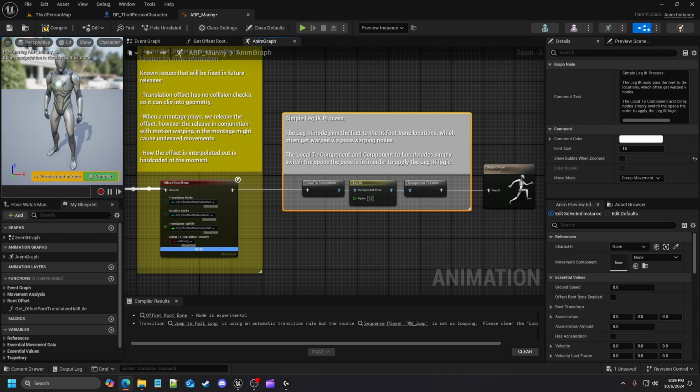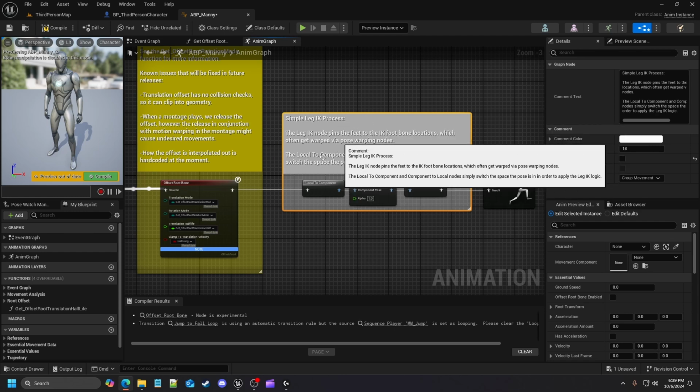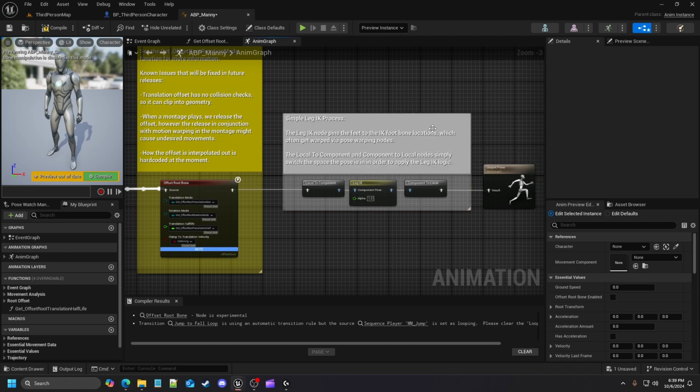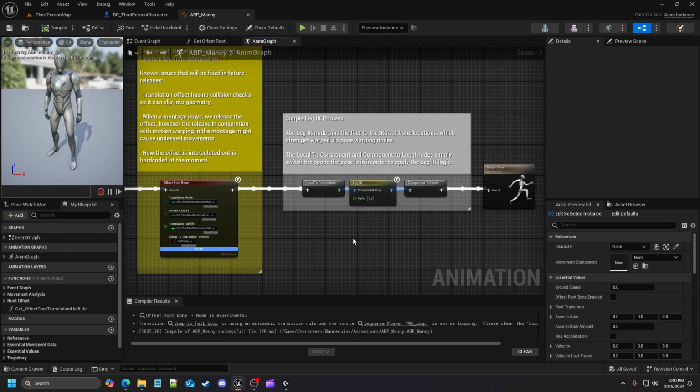So this setup keeps the character's feet planted realistically on the ground, even when performing complex animations or interacting with dynamic environments. So that's essentially what's going on here as far as a more expansive detail for the simple LegIK process. However, what they're doing in here is really just a simple LegIK. With some of the research that I've done and the notes I've put together, and what I've read and understood, this should plant the feet realistically to the ground. However, I know you've all seen it within the game animation sample project,